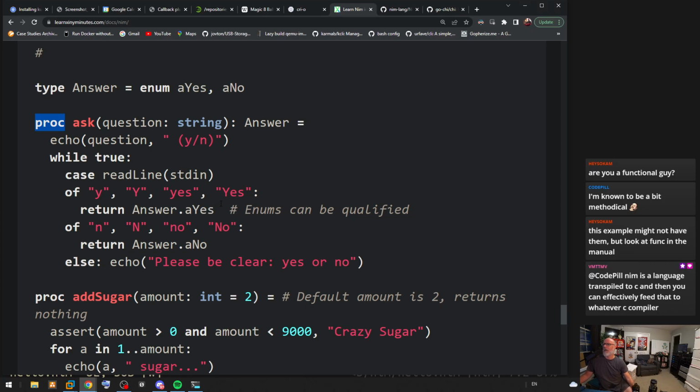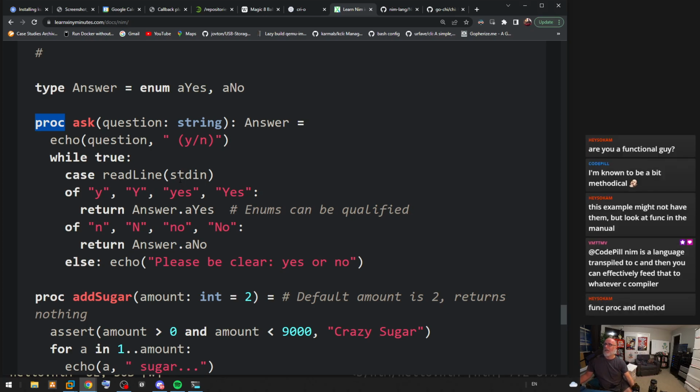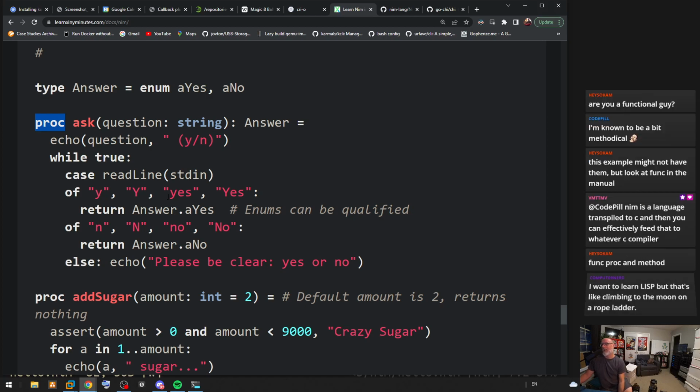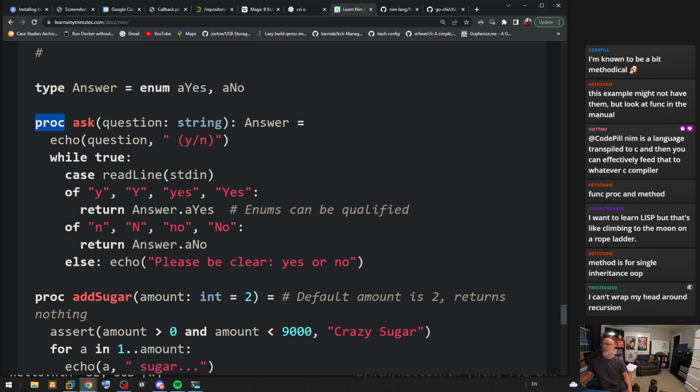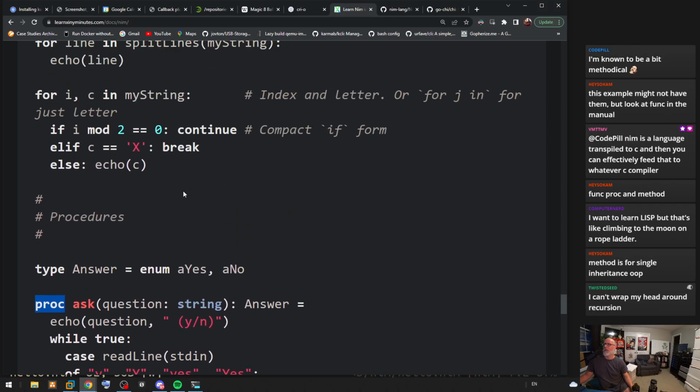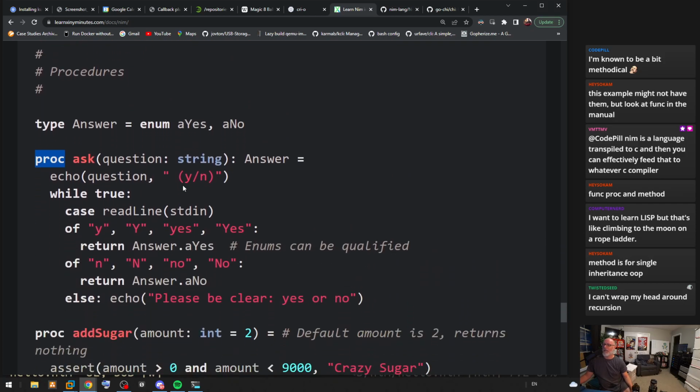They have func in the manual. If they have func and proc, then that's straight up from Pascal. I love this language. I'm just gonna say it. I love it. They have func, proc, and method. So far, I'm in love with this language. Now, it's just the syntax was all we looked at so far. The syntax, the runtime variable, scoping, if you want it. The indentation is annoying, but